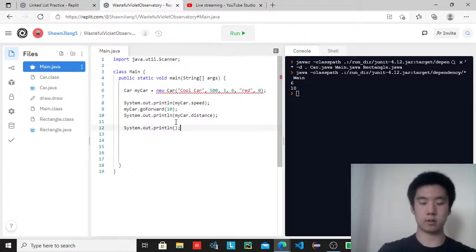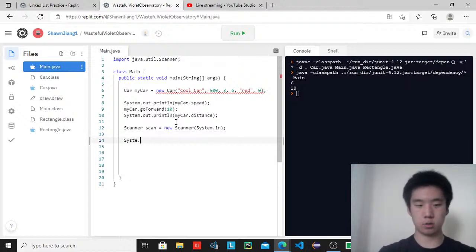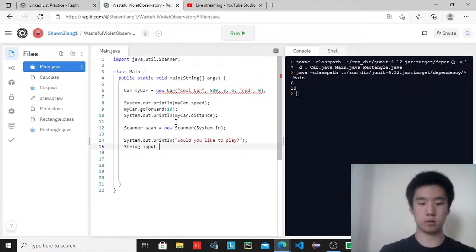Then I'll be able to create a scanner. Okay, so we'll print out, would you like to play? And so we'll take the user input, String input is equal to